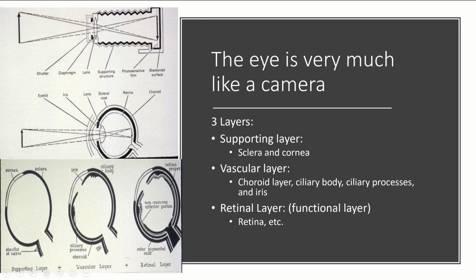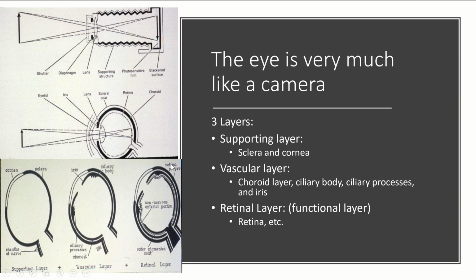Okay? So the eye is very much like a camera, like the old-fashioned kind of camera. I'm sure this analogy was very useful when people knew how cameras worked, but it's probably a little less helpful now. But if you learned in physics how light refracts and focuses on the image, that's what your eye's trying to do. So it's trying to take all of these light rays from outside and focus them perfectly right on your retina, right? So if it focuses it too early or too late, the image will be really blurry,